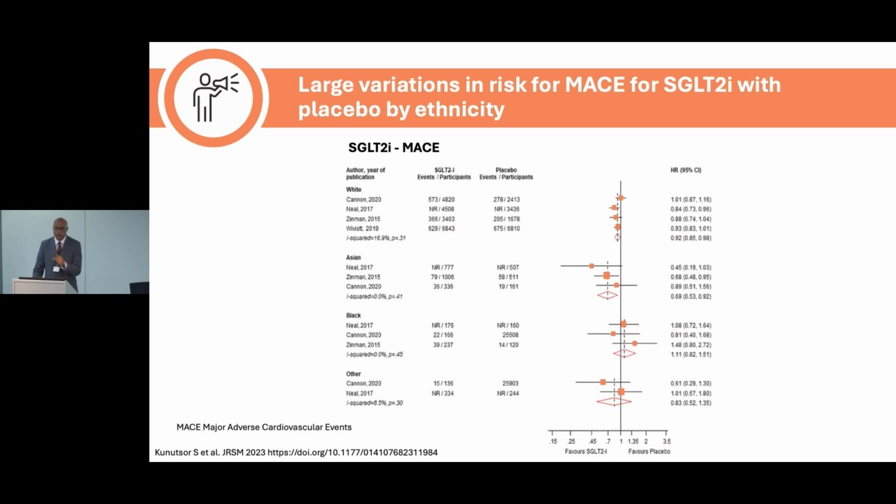Now, we don't know why there are these differences. And unless those patients are recruited to trials and we've got data for those trials, we wouldn't have had this type of a signal. So now we need to go to the basic level, pathophysiological level, or molecular level to say, are there certain differences and why are these differences?